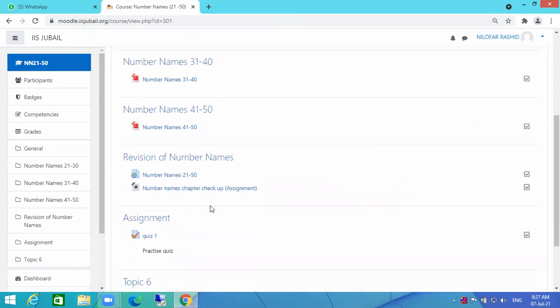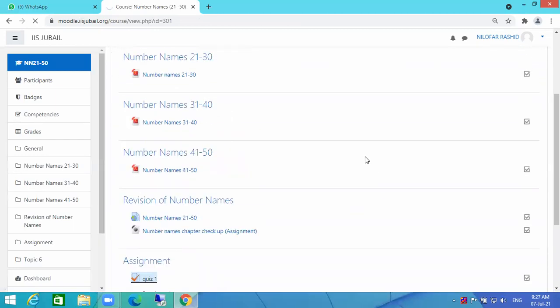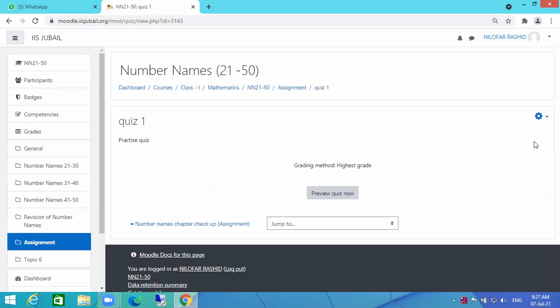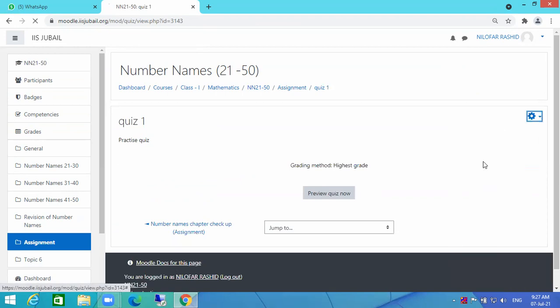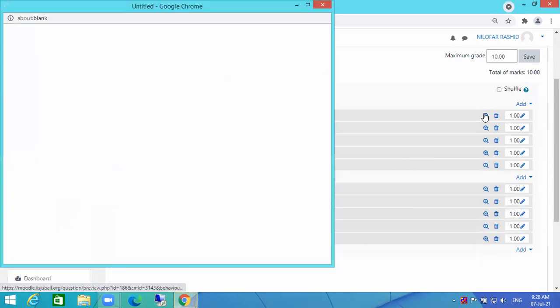So under this, madam has created some quiz, a lot of things she has done. So now, under the quiz, if you want to modify that, you can just go to quiz. So edit quiz. Now you can choose the question. Suppose this question has a problem. So which question has a problem? Just go to that question and you can modify.